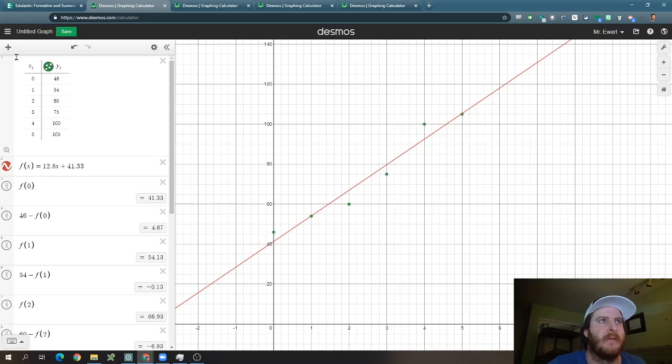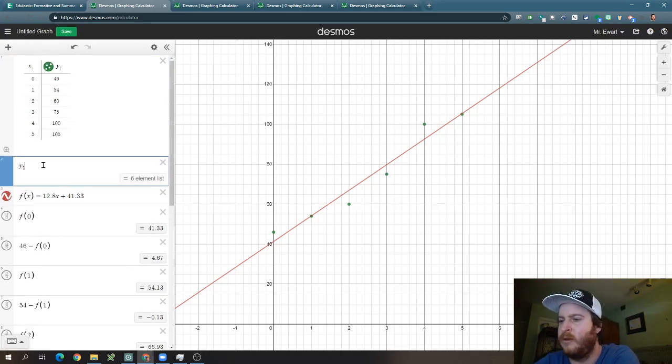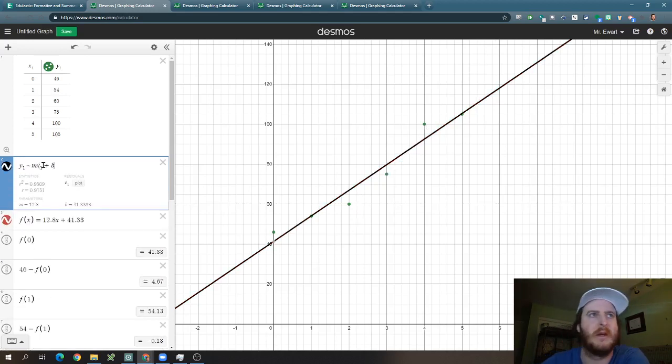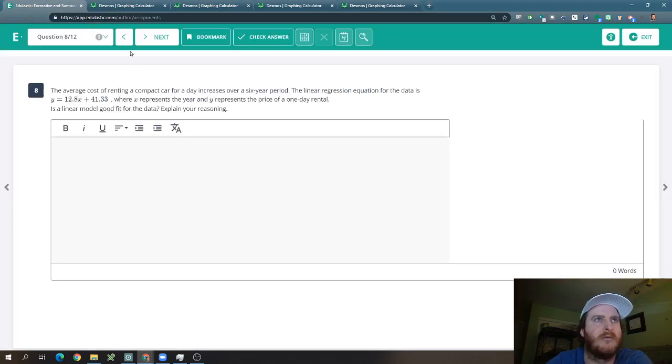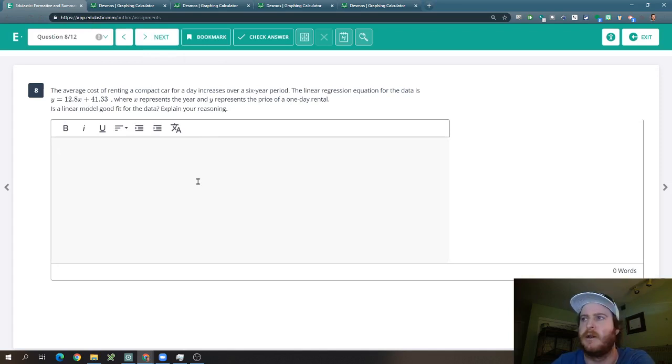We could also cheat a little bit and just add in y1 approximately to get our R value. And we could see that we get an R value of 0.98, so it's a really high R value. The data looks close to the line. And also our residual plot was not forming a curved pattern. So all three of those things tell me that a linear model is a good fit. So I'll say yes, a linear model is a good fit